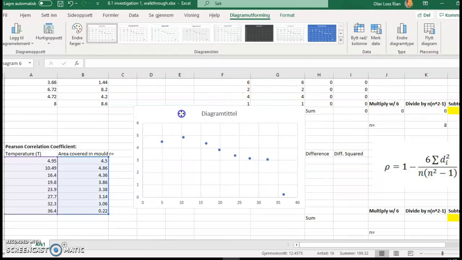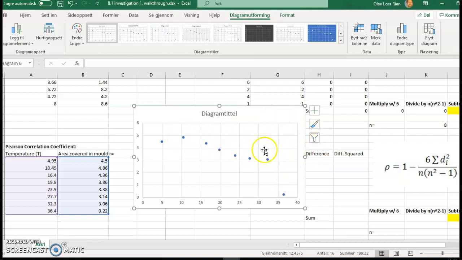Now, the way this diagram is different is it looks more or less like a linear correlation, but you have an outlier down here. And what we'll find is that